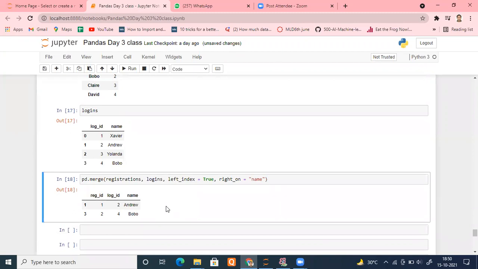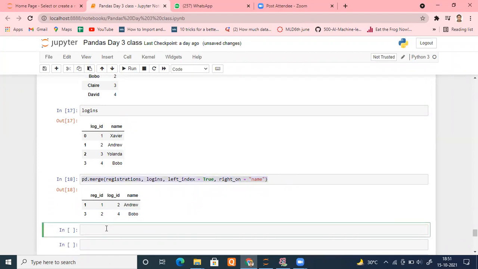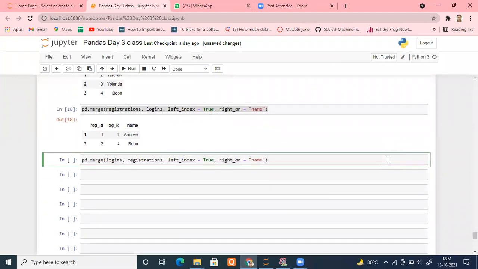Fine. Now, suppose I change the position of them, you can understand now. Now you will tell me. I change their positions. Here I mention logins, comma, and deleted this one. Can you tell me what will be the changes, please? If you can tell me, your concepts are clear 100%.